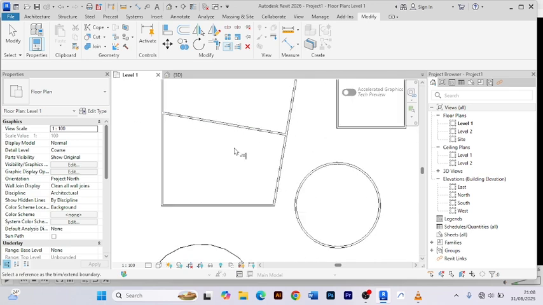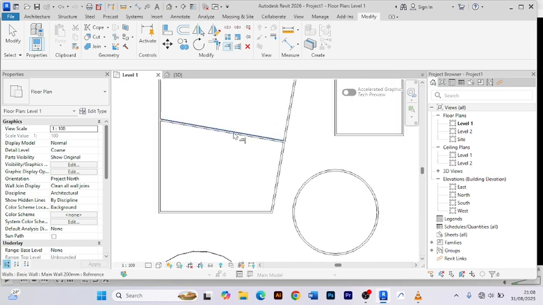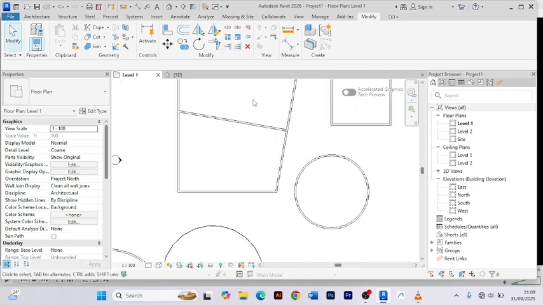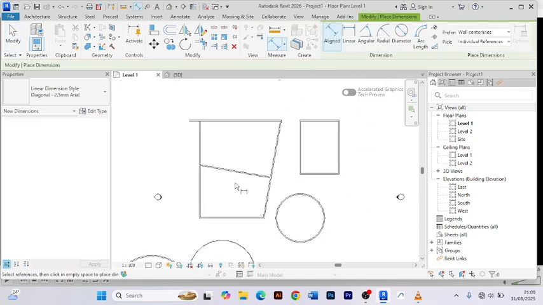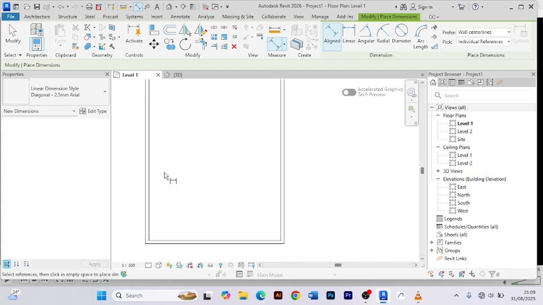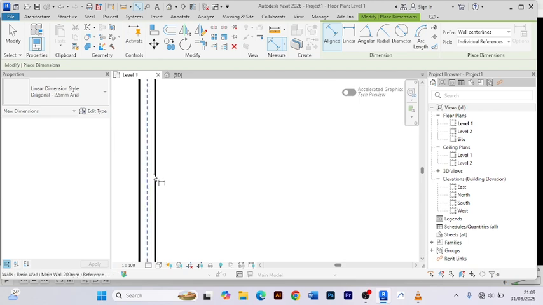Now if you want to measure, maybe we can also see that. If you want to measure, let me first escape. You come to this align dimension tool. You can simply measure from one point to the other. Now by default it will always select the center lines of the wall,